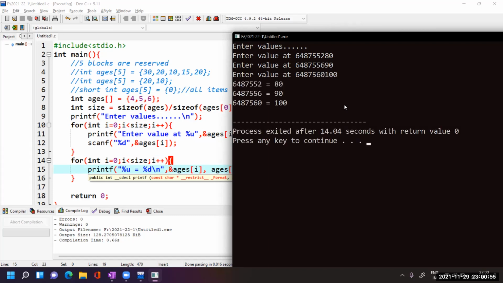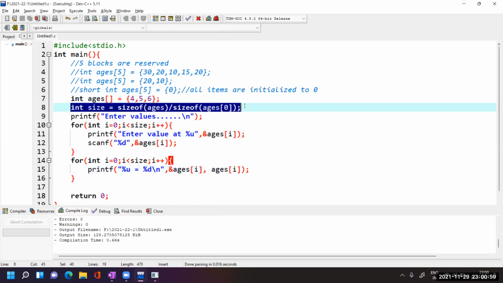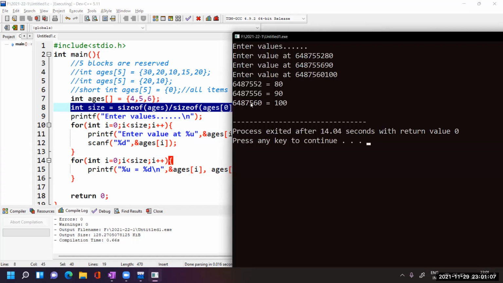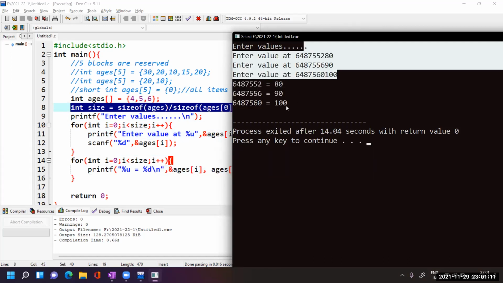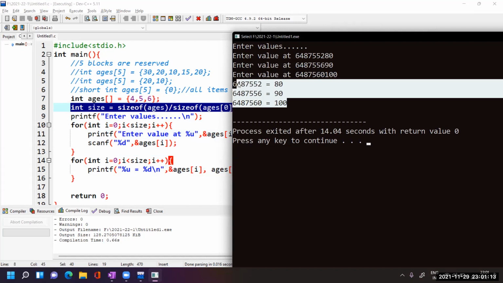See, I did not specify the size, but due to the size variable that I calculated, this loop is executed only 3 times, because in the initializer I have given 3 comma separated values. These are the values I gave as input, and it also produced the output. So this is all about how to declare an array, how to take input in an array, and how to access an array item using its index.